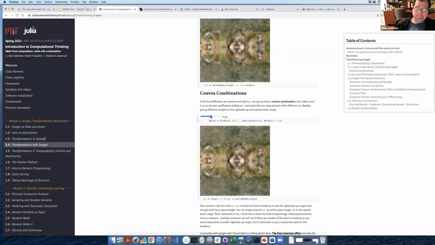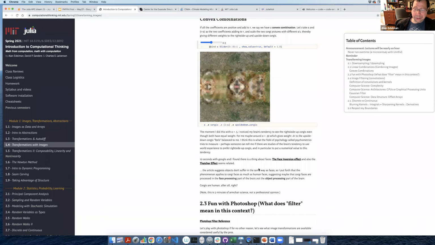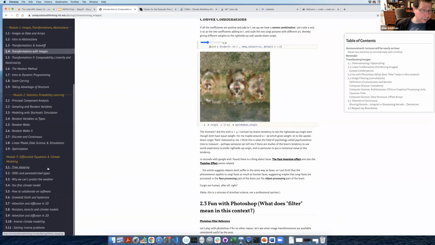There they are. Your brain will always see the right side up. It'll somehow dominate in your brain. Your brain doesn't want upside down dogs or faces. This is known as the face inversion effect. This is what the students taught me, the Thatcher effect. But it actually works on dogs as well, not just human faces. Anyway, I just wanted to share that with you.